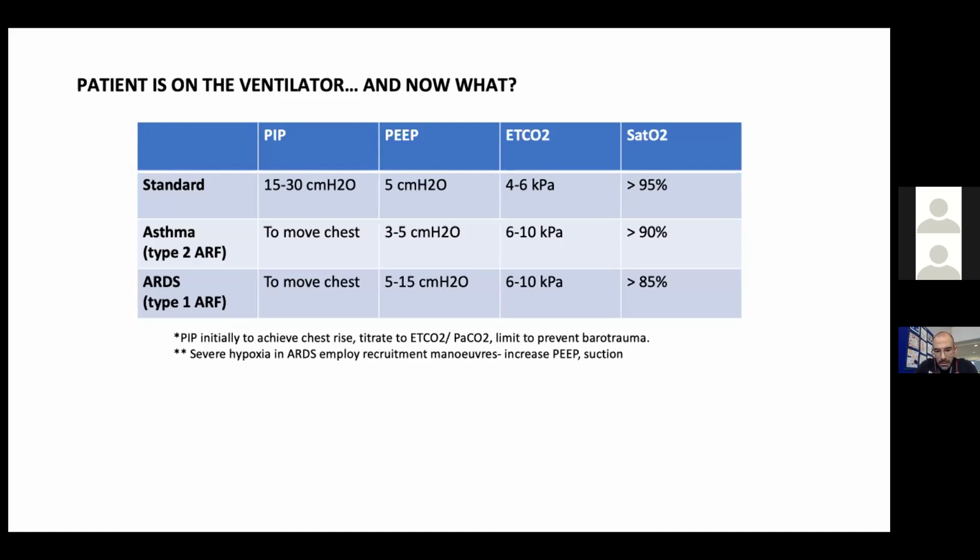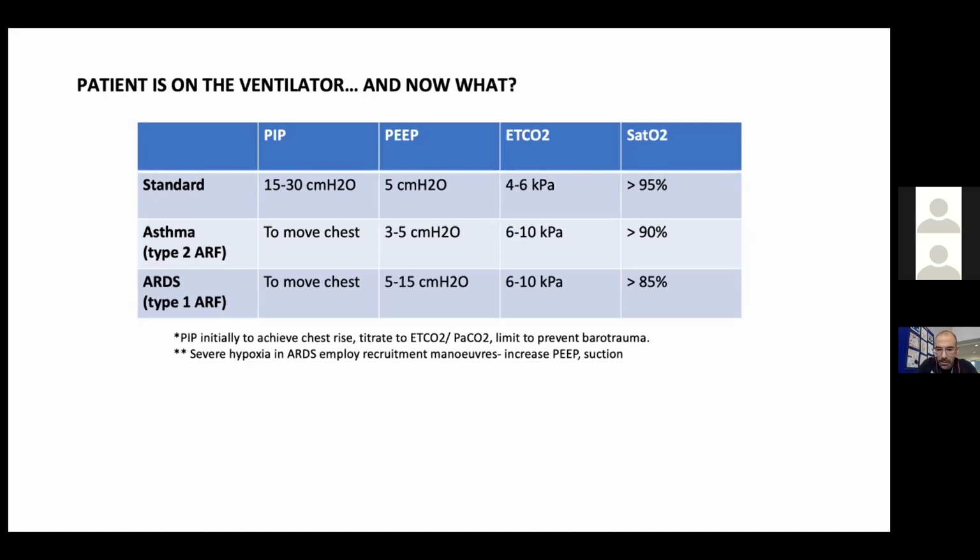In asthmatic patients, and we will talk about this type 2 respiratory failure, but I'm advancing that, asthma is a type 2 respiratory failure. We want to use inspiratory pressures that allow us to move the chest, basically. We will use lower pressures because these patients do have auto-PEEP, okay? We will aim for permissive hypercapnia, which means that we will aim for higher end-tidal CO2s,